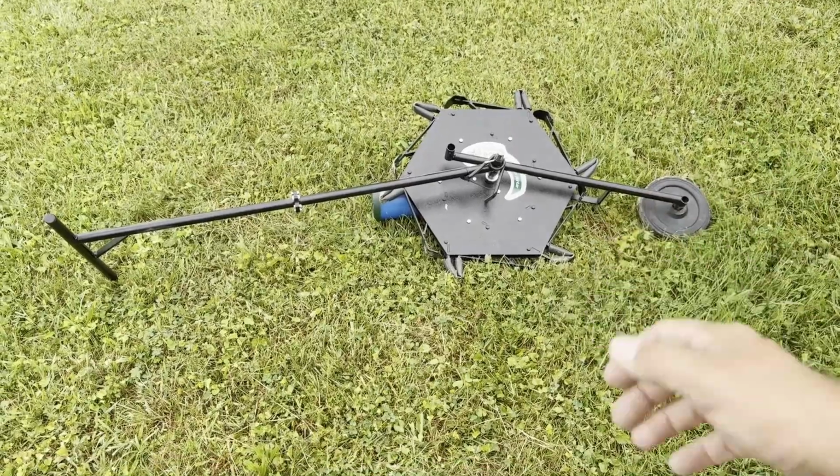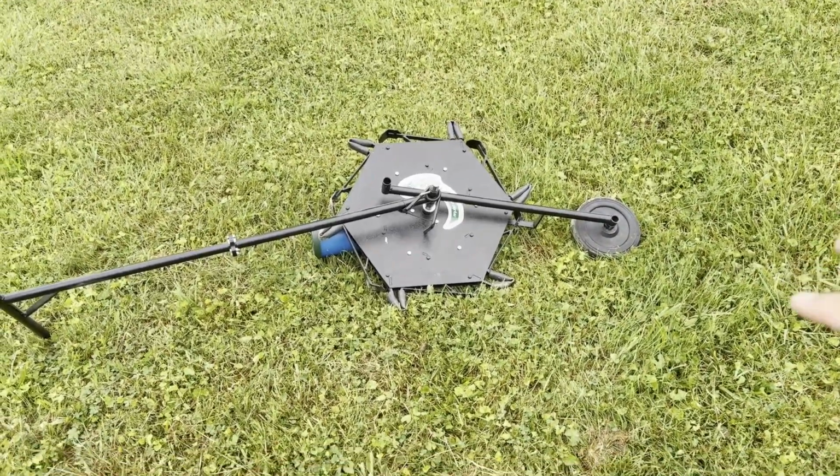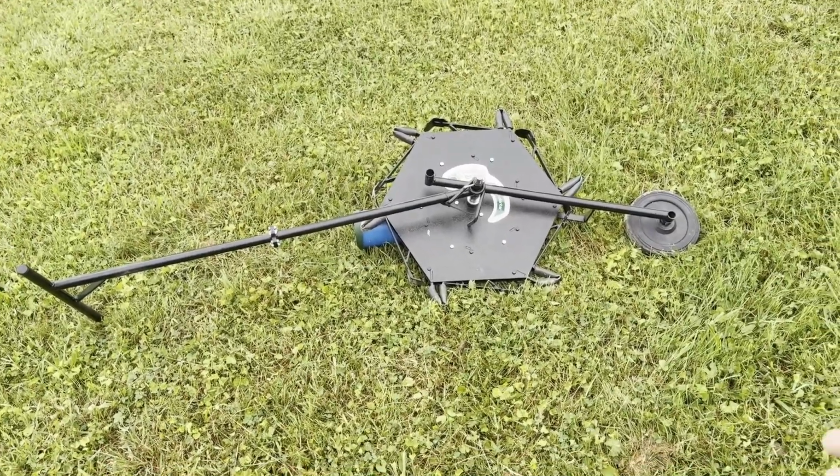Now, obviously, this is a manual pushing style planter, but the beauty of this thing is it's great for food plots. If you're planting a 1/4 acre, a 1/2 acre, or even like a 1 acre, 2 acre size food plot, you can get it done pretty quickly with this thing. It's obviously manual. You got to get out there and push it. But